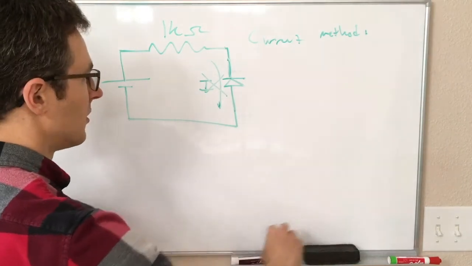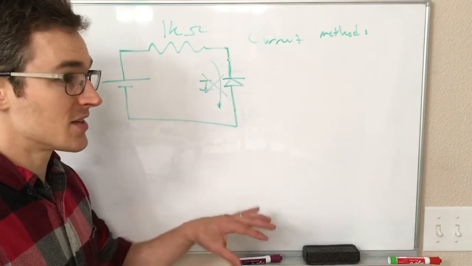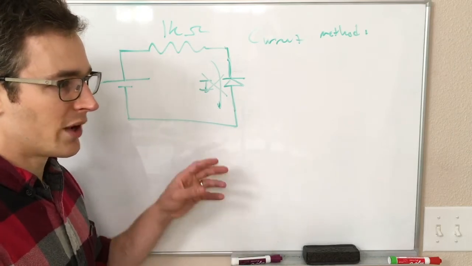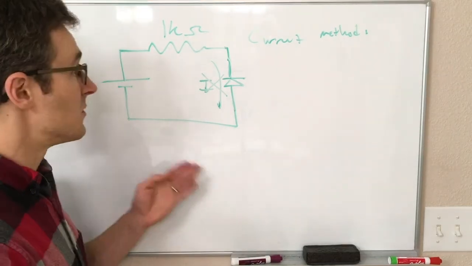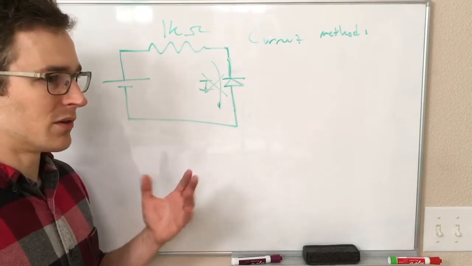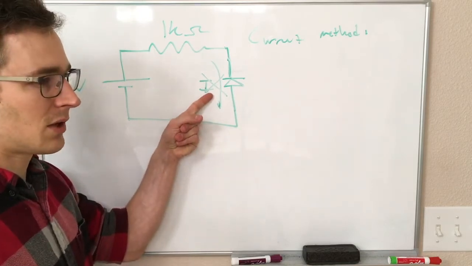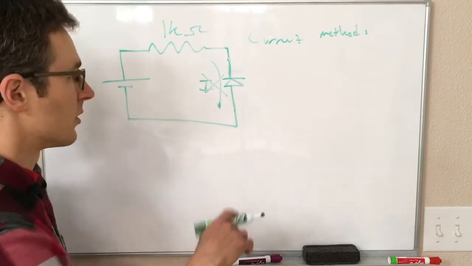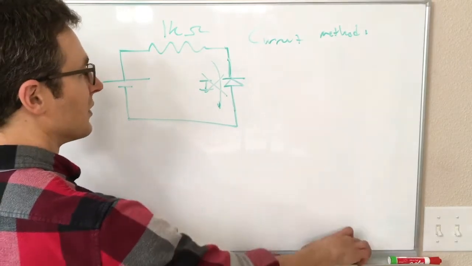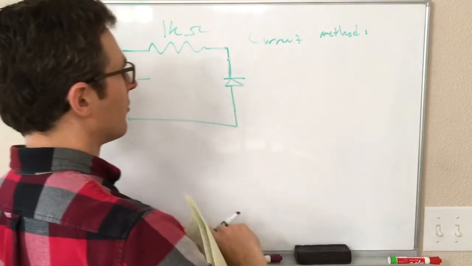Okay, so in other words, if we assume that the diode is off, we get something that makes sense. We get something that's consistent with the diode being off. If we assume the diode is on, we get something that is inconsistent with the diode being on. We said, okay, assume the diode is on, and we got something that cannot be true if the diode is on. So from these we can conclude that the diode is in fact off, and we could write